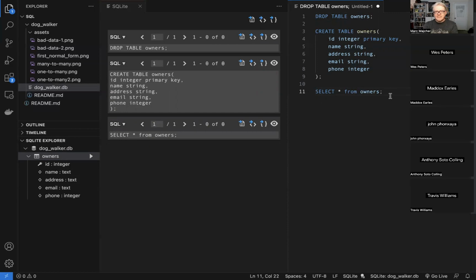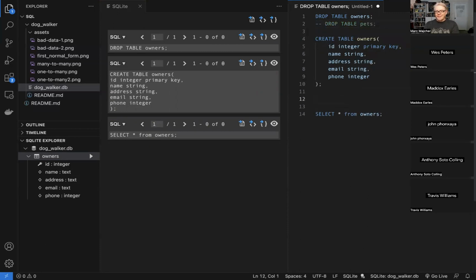While we're here, let's go ahead and make the pets table. Our pets table is going to look kind of the same. We're going to create table pets, and we'll add a bunch of fields.